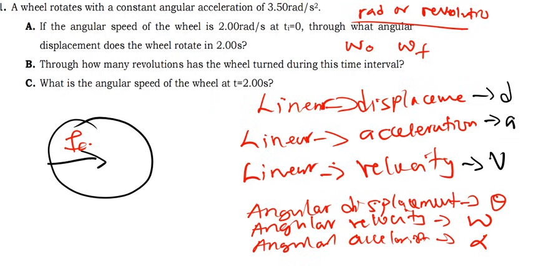With this information, I can answer this question. Now look at this. When we're talking about linear motion, we said V final. So this is now what we call the relationship between linear motion and circular motion. Circular motion is also known as rotational motion. So what happens here is that under linear motion,